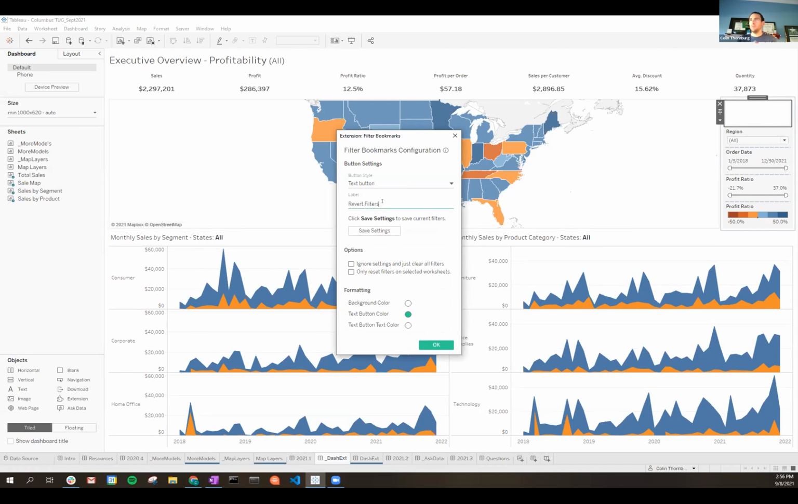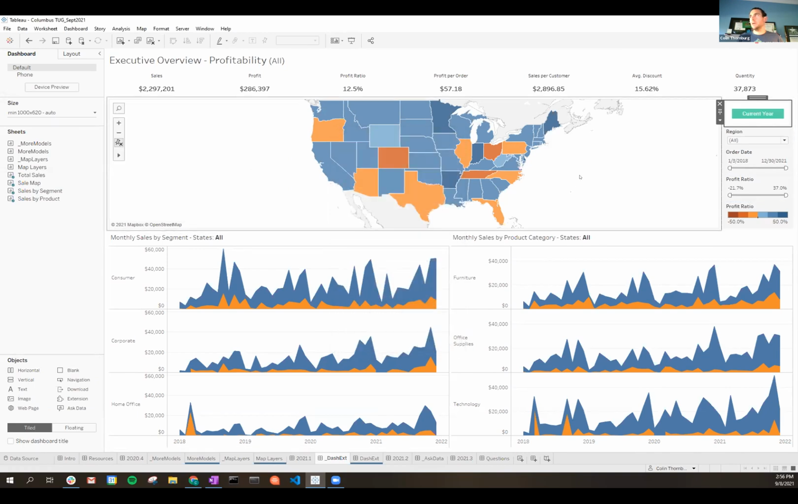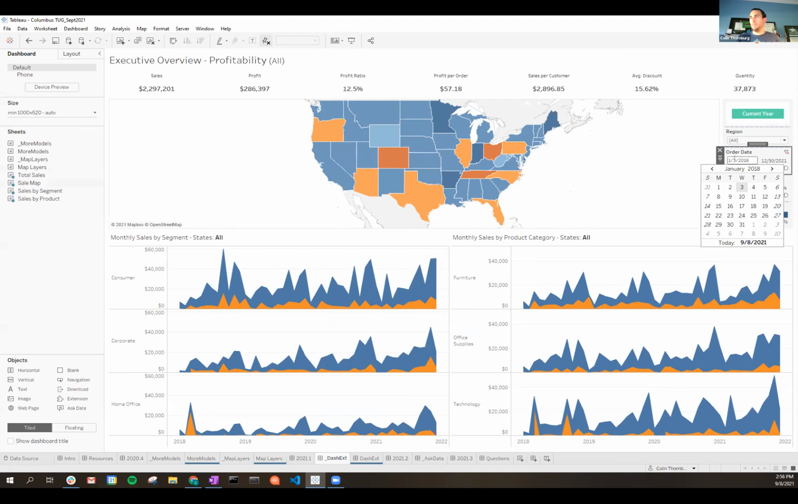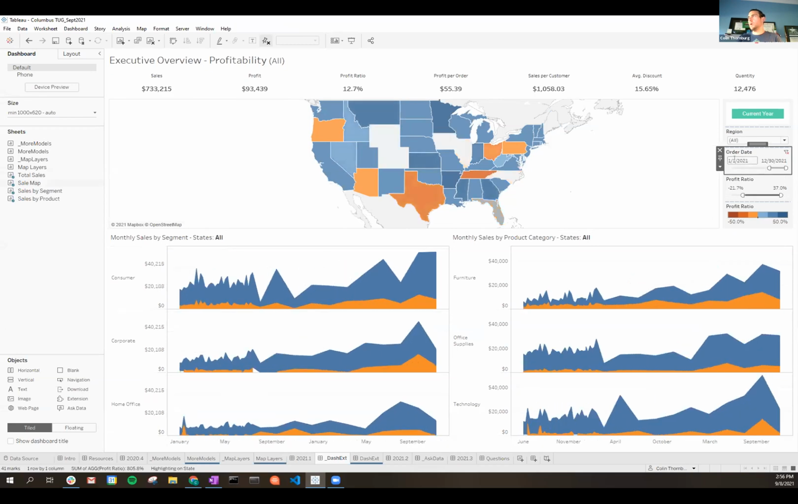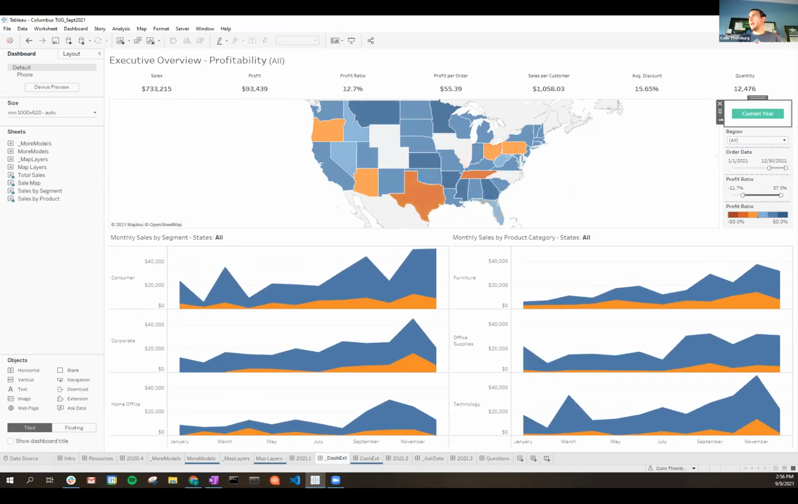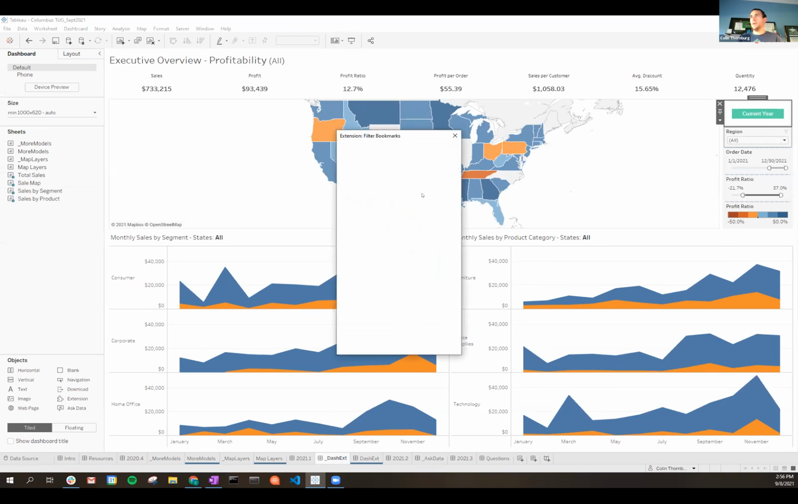And maybe I want this button, when someone clicks it, to always filter my data to the current year. So I'll go ahead and just call this current year, save the settings, click OK. So now at this point, it's not really doing anything, but let's say I change this to the current year, 1/1/2021, and I go back up to my extension here. I'll go to configure. And basically what it's asking me to do is it's going to remember whatever filter